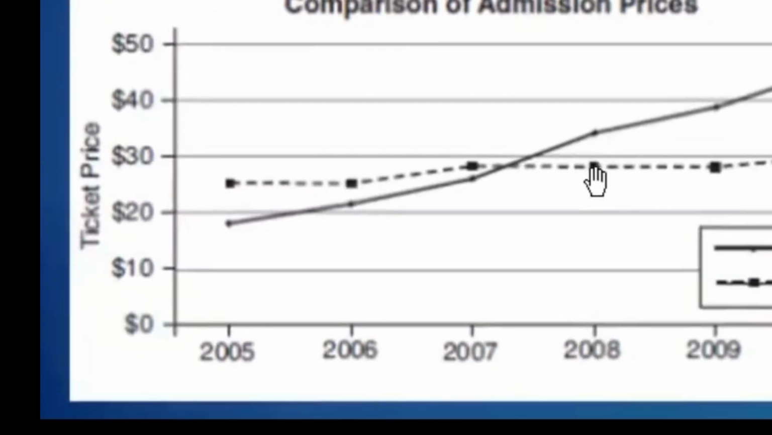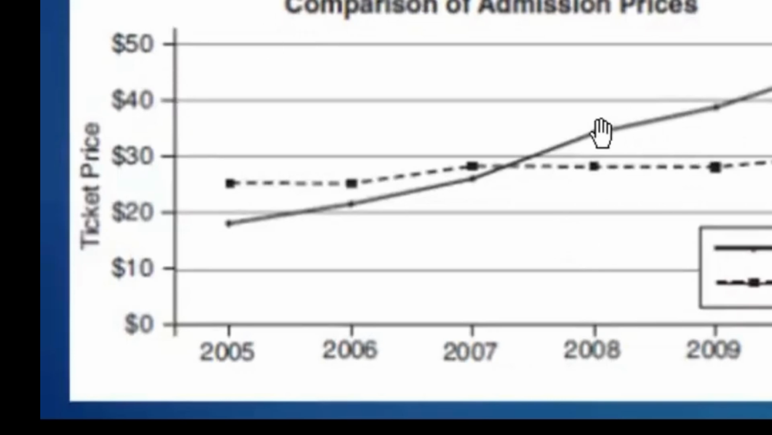Right here for 2008, Park B, the admission prices were, let's say, around $29, okay? And then 2009, we see around the same, 29. And then in 2010, exactly on the line for 30, okay? But if we compare that to Park A in 2008, the price for admission was around 35 in 2008. And then in 2009, it was around 39. And then in 2010, it was around 46,